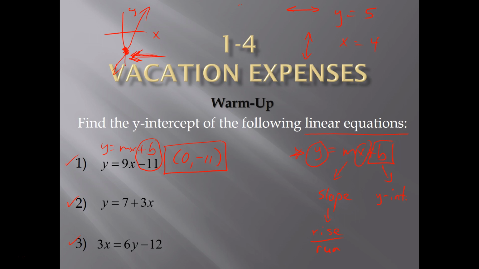Now the next equation. There's an x and a y, but it's not quite in slope-intercept form. Instead of y equals mx plus b, it looks like it's in y equals b plus mx form. In other words, the mx term and the b are in the wrong position. So let's just go ahead and trade those out. If we were to do that, we would get y equals 3x plus 7. Now the b would be 7, meaning the y-intercept would be at 0,